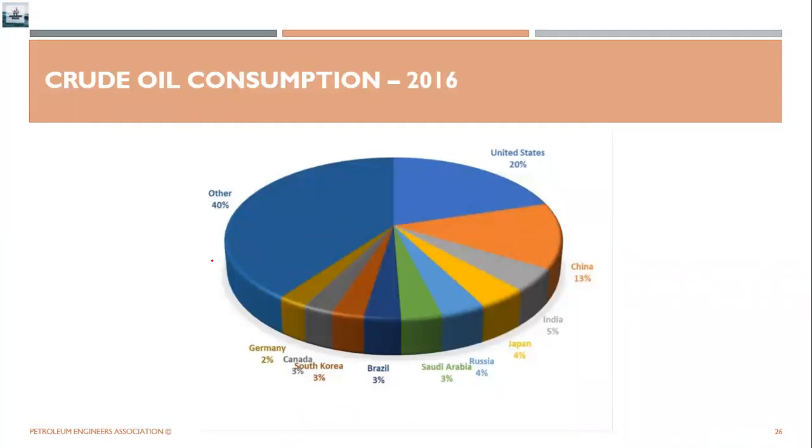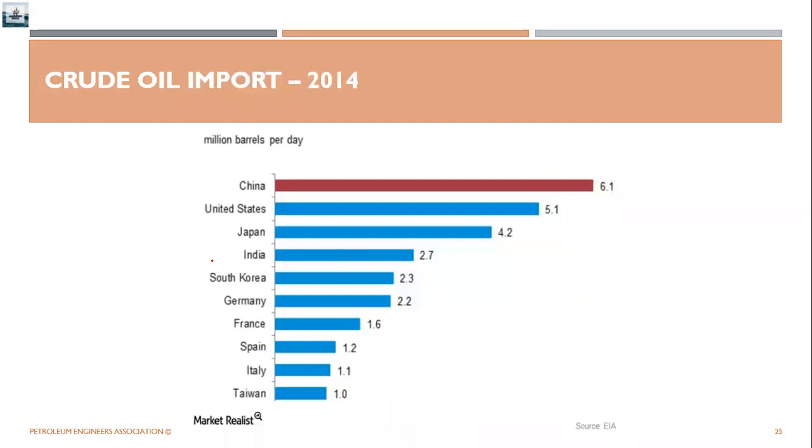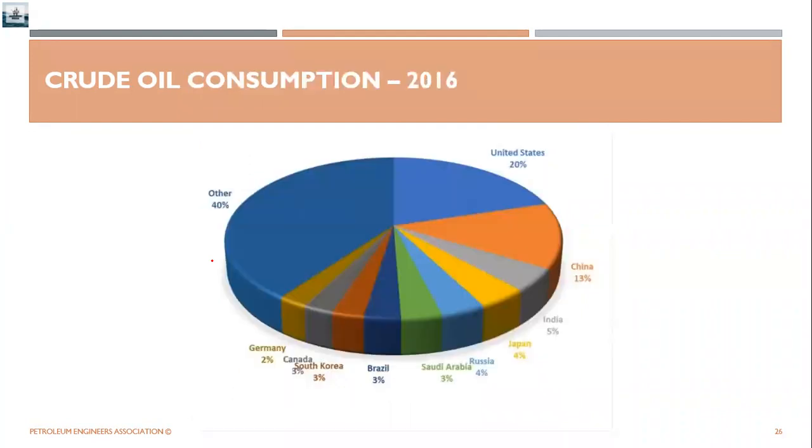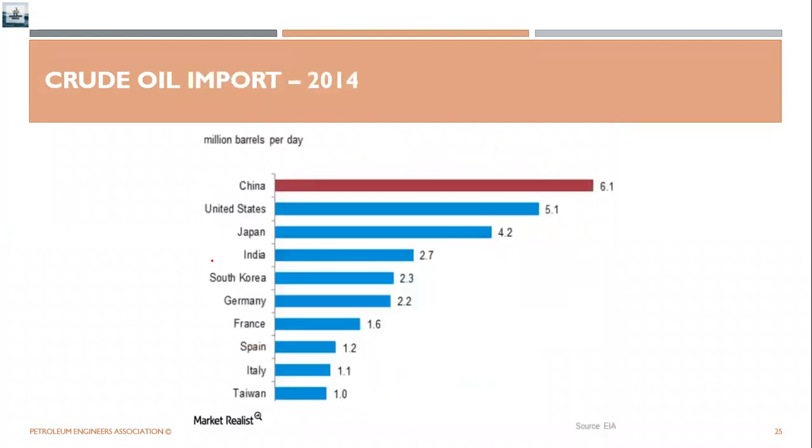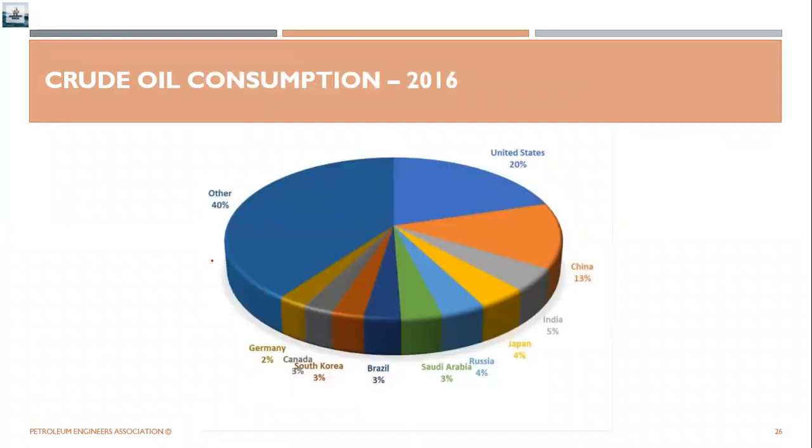So the statistics might have changed a bit in 2016, by the way, right? You can see China was leading the race, but in 2016, it was overtaken by United States, right? Then again, you see Japan was here, at the third, but then again in 2016, it was overtaken by India, right? So this is what shows us how the global scenario changes from time to time, and then again, repercussions are also there as well.